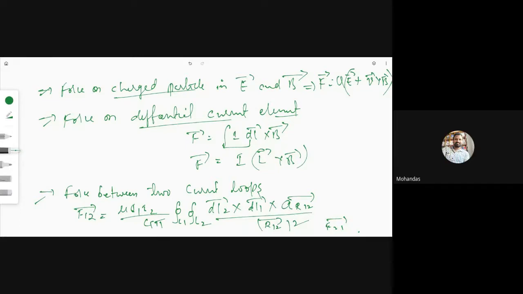Okay, good. So these are the three forces. Now, the last force is